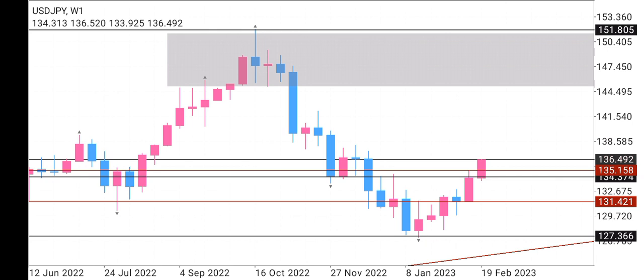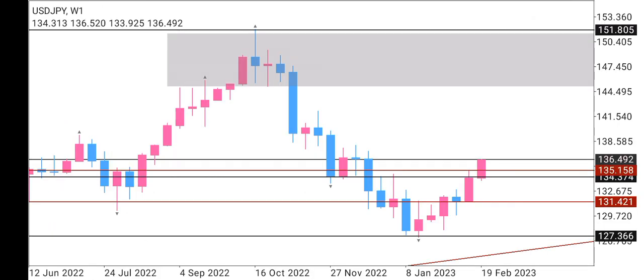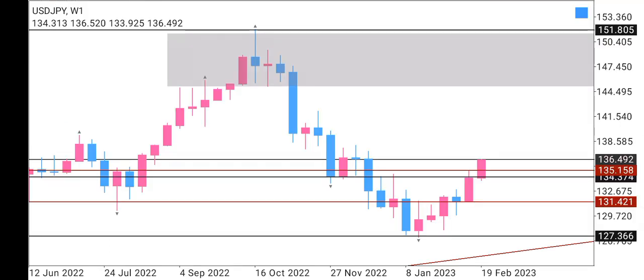So after that, from the look on the weekly, you can see that there's no strong demand zone here. Price is still going up, and there's this resistance level here. There's still this resistance level here. And yes, there's a resistance level here,